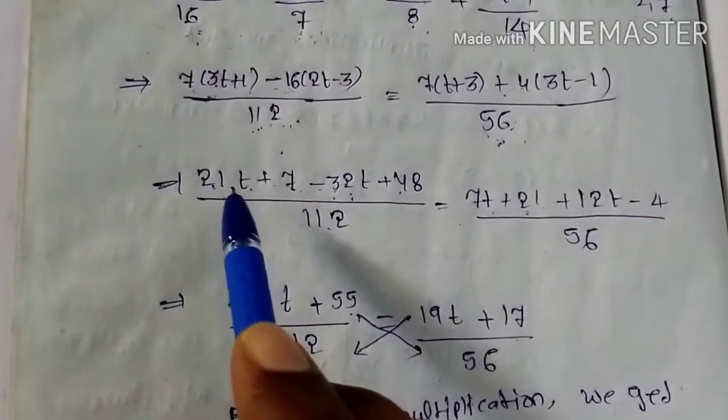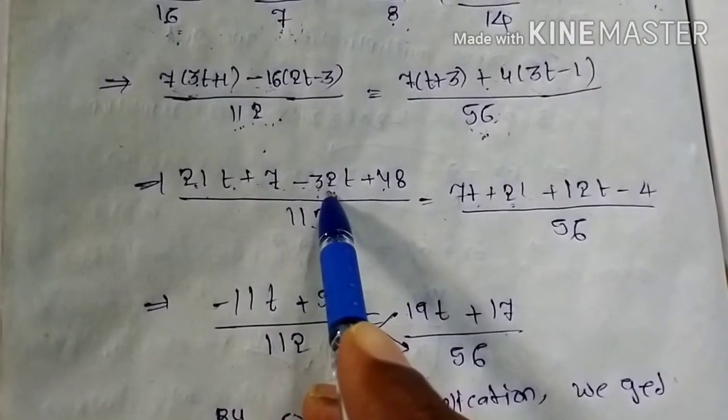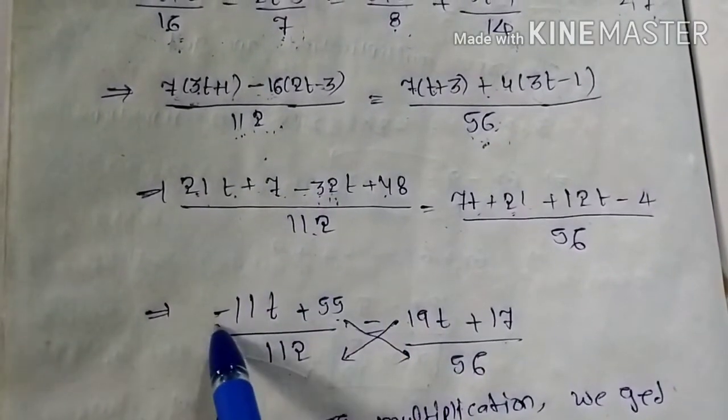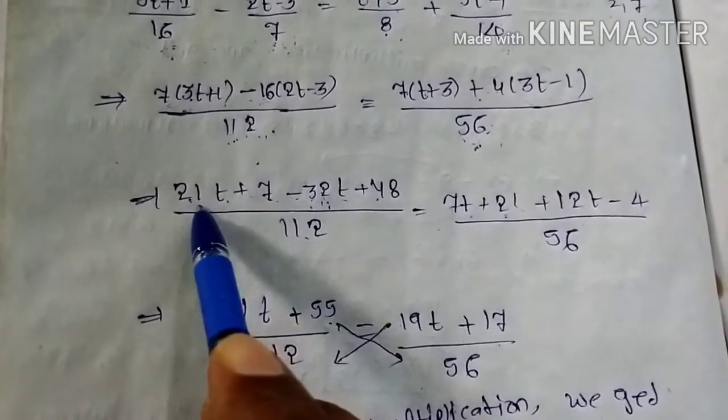Next you can simplify it. You can add the like terms. 21 minus 32, which is the biggest? Minus 32, so that you can write here minus. Now you can subtract the smallest number from the biggest number. 32 minus 21 is how much?